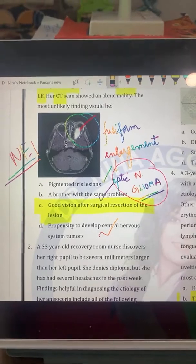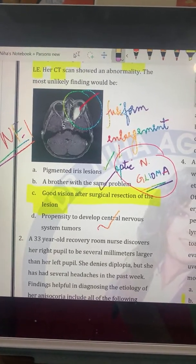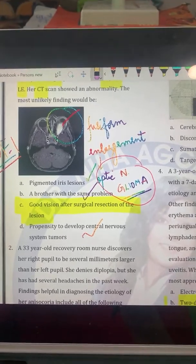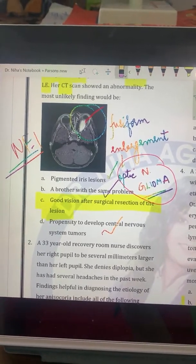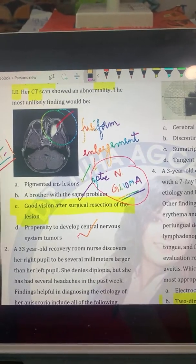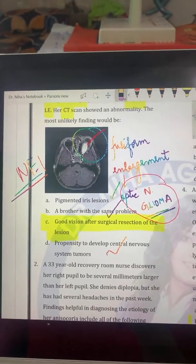So this fusiform enlargement is found in optic nerve gliomas, and this is found in neurofibromatosis 1. You can have Lisch nodules, you can have optic nerve gliomas, and you can also have central nervous system tumors, and this is autosomal dominant. So pigmented iris lesions are there, the brother can have the same problem, and we can have central nervous system tumors also. And most commonly we are actually resecting it. We have to remove this optic nerve. So obviously, when you are removing this optic nerve glioma, optic nerve resection will also be